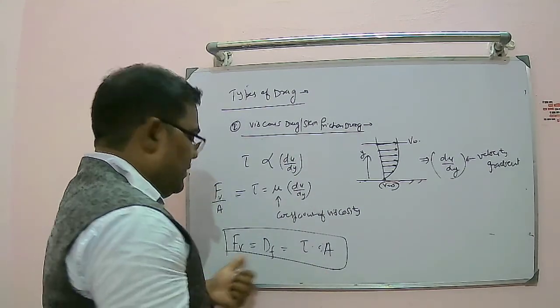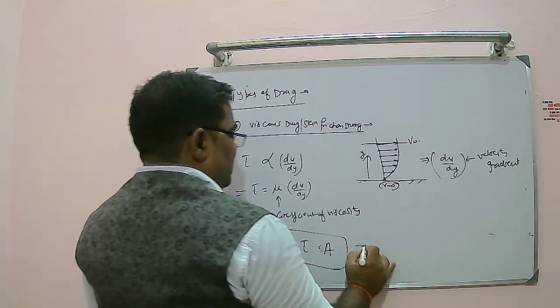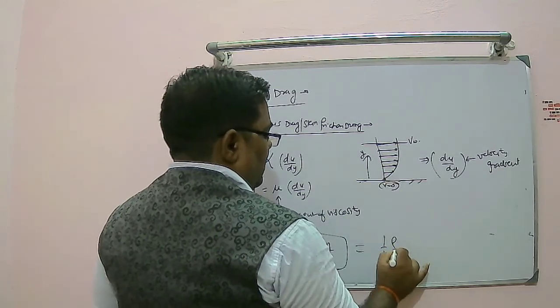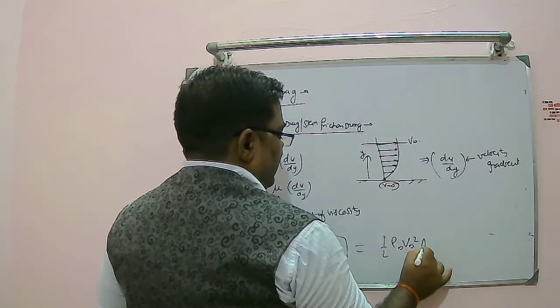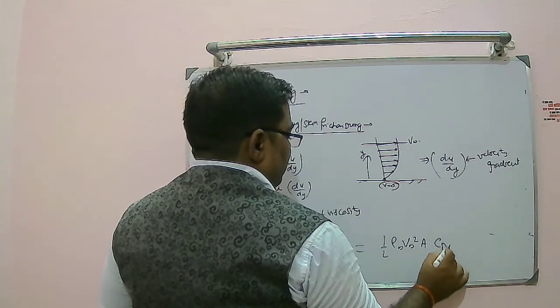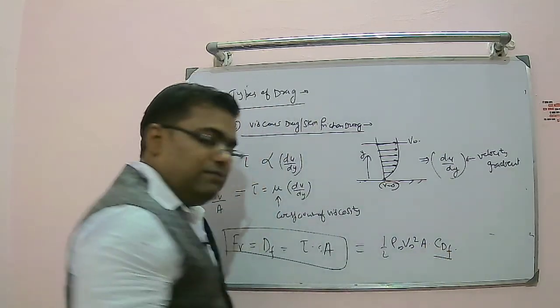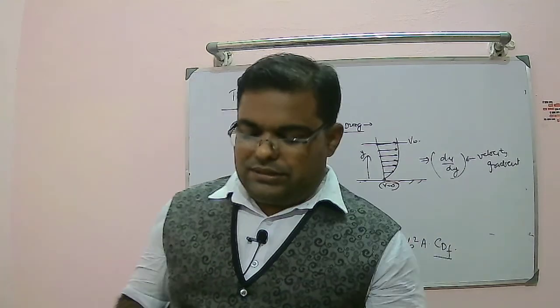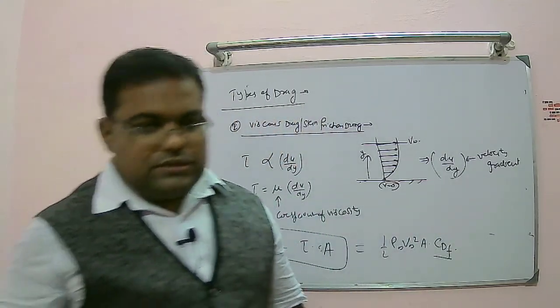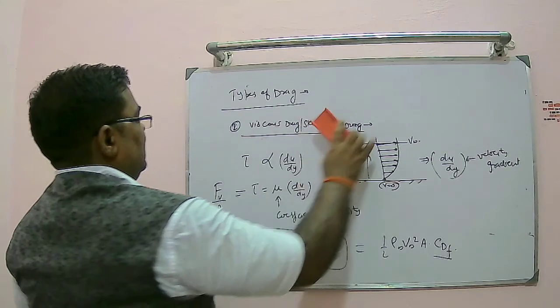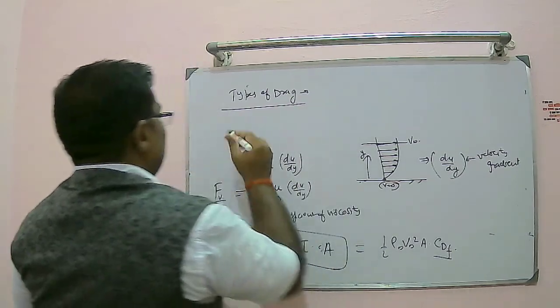This is called as frictional drag. Or in a simple way you can write half rho infinity v infinity squared area into CDF, where CDF is the coefficient of skin friction drag. So this is the first kind of drag. Now second kind, first is skin friction drag is over. Next one